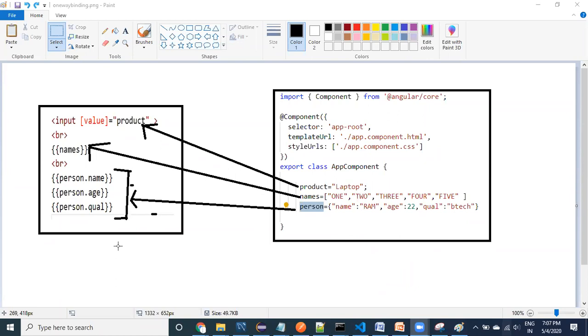Now whatever HTML and whatever properties are available in the component class, we are using in the HTML file. So that we can see both the HTML and the component class in one image, we can understand very easily. That's why I put it in one image, guys. Okay, coming back to this particular